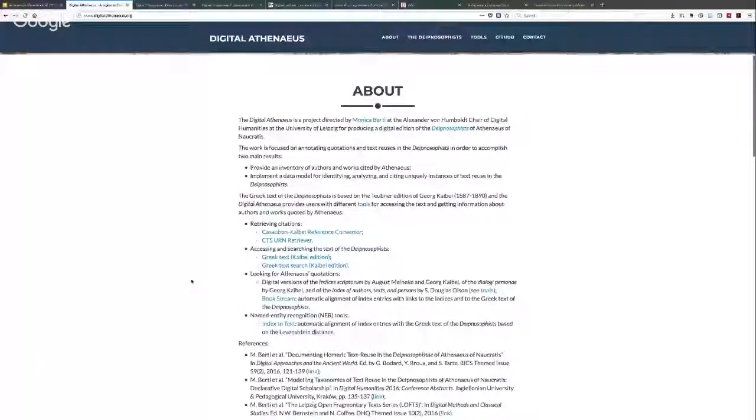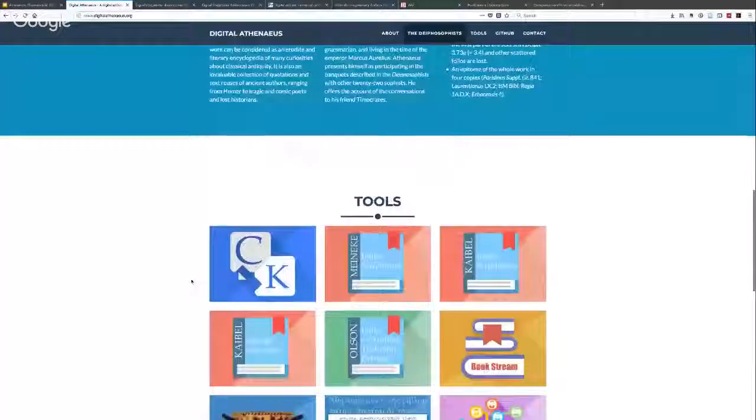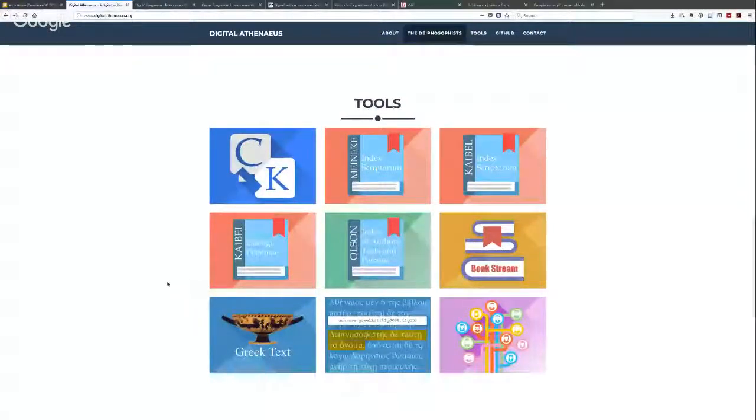And here I have a few examples. For this project, my idea was, before starting annotating the text manually from the first word to the last word of the Deipnosophists, let's try to use what we have in scholarship and what other scholars produced in the past. Also because in Leipzig, for the Open Greek and Latin project, we are digitizing many print editions of classical texts.